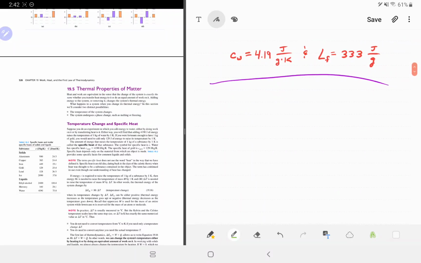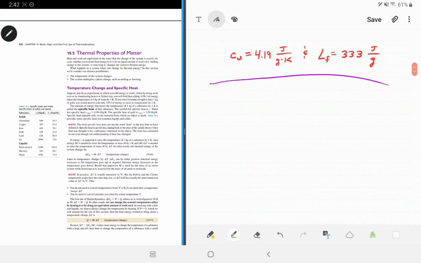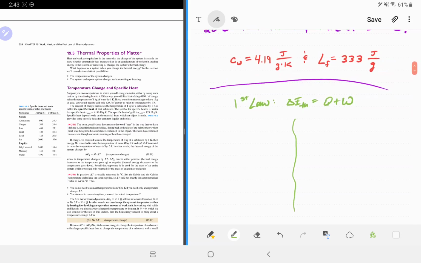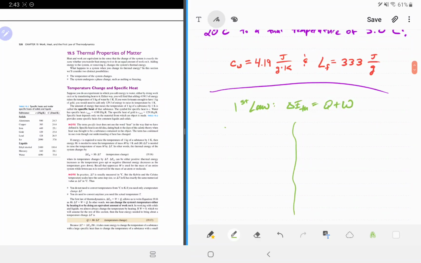Okay, first of all, I want to remind everyone of the first law of thermodynamics, and that is delta E thermal is equal to Q plus W. Now, I said that solids and liquids are very different than gases, and so I want to quickly sum up why this is. So for solids and liquids,